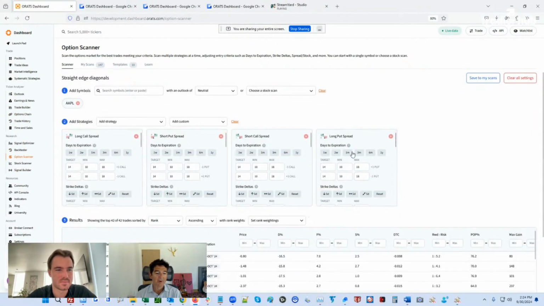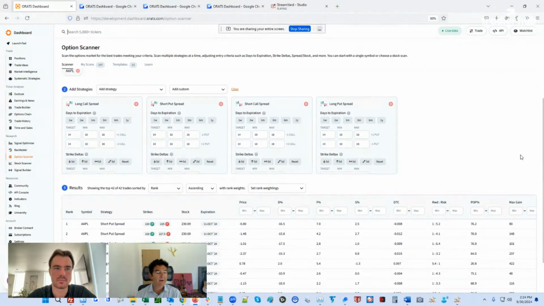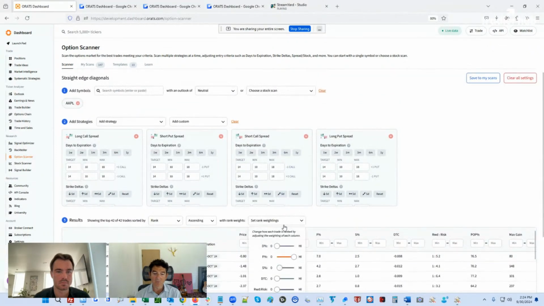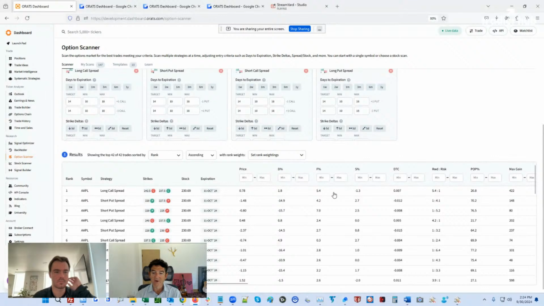So Apple, again, short put spread is... that looks to be like not much distribution. Oh, you could weight these rankings too. So if you want to weight, I just had a forecast in there, but now we'll put a little distribution, a little smooth, and so then